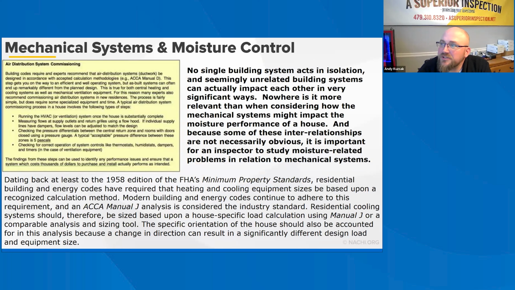This section describes moisture control and moisture-related problems concerning the design, installation, and operation of mechanical systems, such as heating and cooling equipment, ductwork, and ventilation. Common moisture issues that can arise from residential mechanical systems are covered. Commonplace rule of thumb sizing methods, such as 1 ton of cooling per 400 to 800 square feet of conditioned